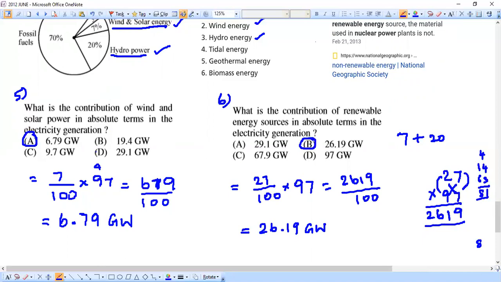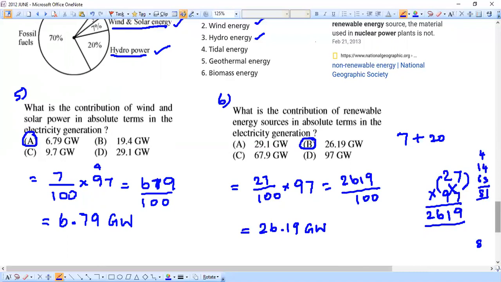So simple. Questions 5 and 6 are very simple. We just have to do a percentage calculation. This involves much arithmetic, and that arithmetic alone we have to carefully do. Just multiplication is what we have to do. We need to be very strong with multiplication tables, as I've insisted many times. So just be careful with these calculations, and that will easily help you get the answer.